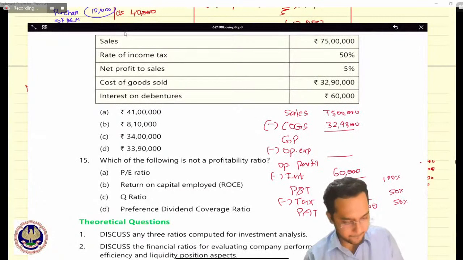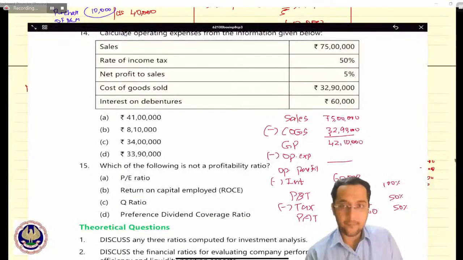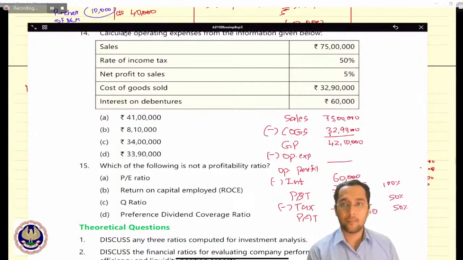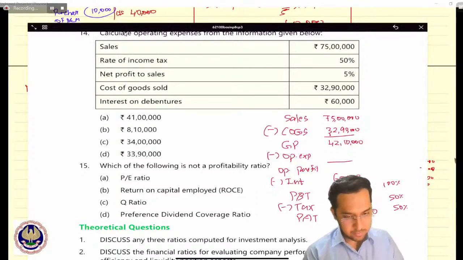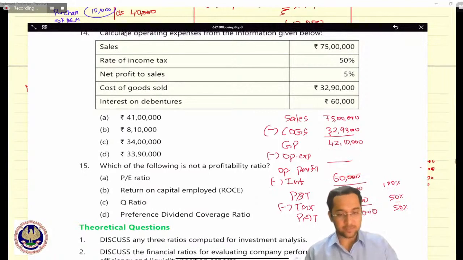Net profit is 3 lakh 75,000, and profit before tax is 7 lakh 50,000. Interest is this. So for operating profit and operating expense,